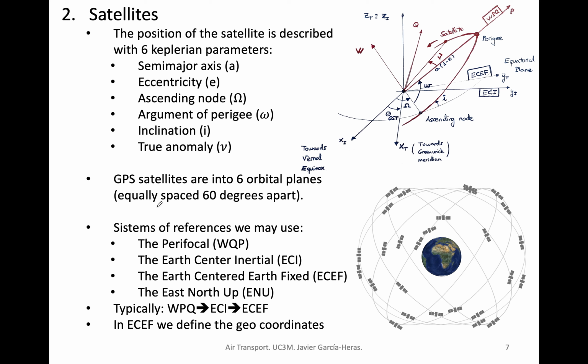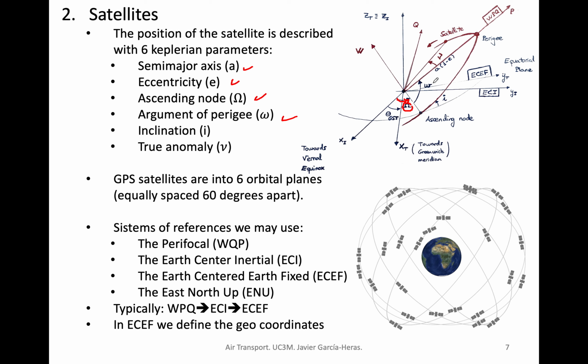This is interesting. Here for satellites, the first thing is to determine how we are determining the position and movement of the satellite. Using orbital mechanics, we can describe the position of a satellite using the 6 Keplerian parameters, which are the semi-major axis, the eccentricity, the ascending node, which is this angle over here, the argument of perigee,